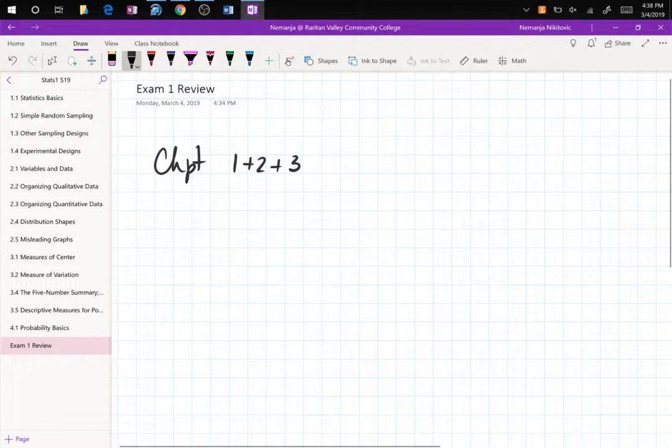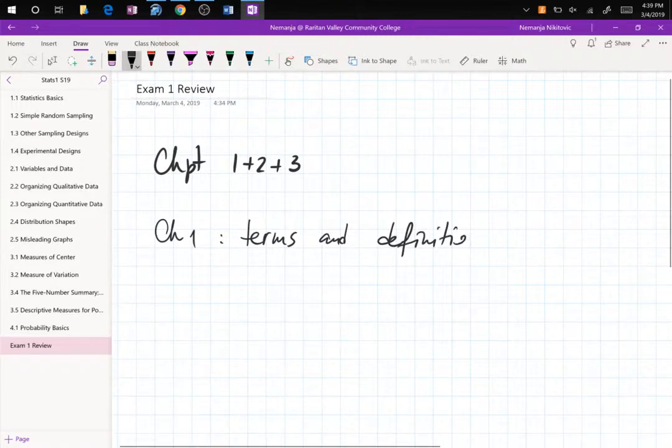So chapter 1 was terms and words, to learn what is statistics. So just the basic stuff. There are no formulas in that chapter whatsoever. You just learned words and definitions. And I put, instead of words, terms and definitions. What is statistics, how to do the random sampling, what is sample, what is population, what is census, and all of these kind of things. So that was all in the first